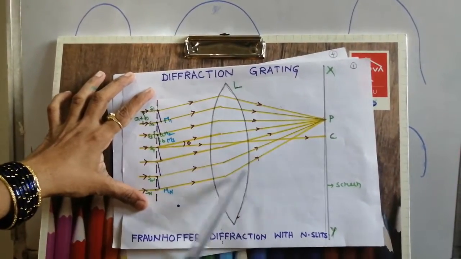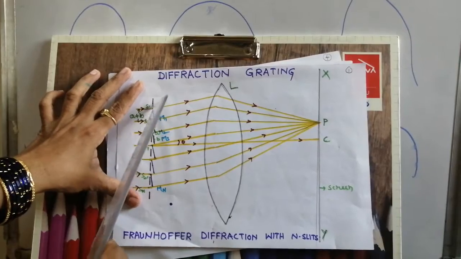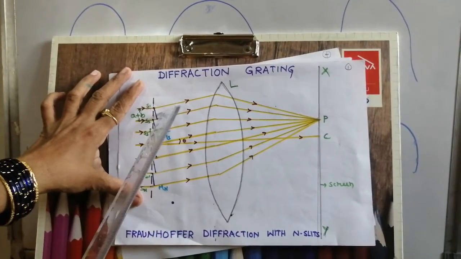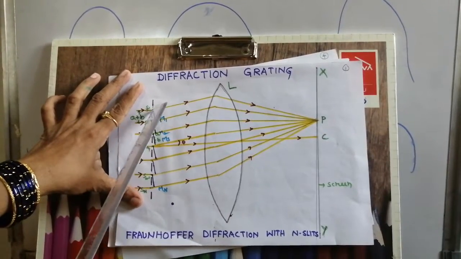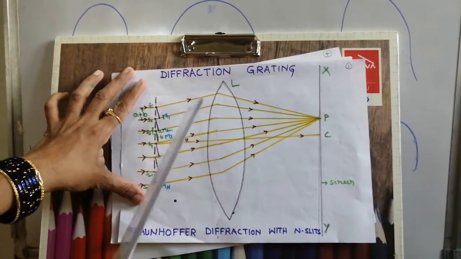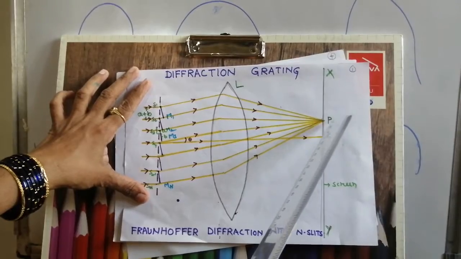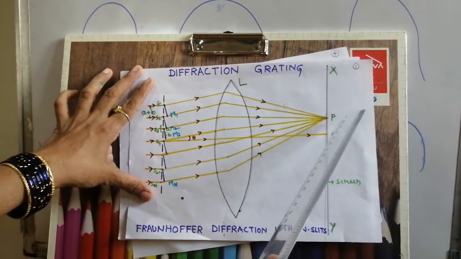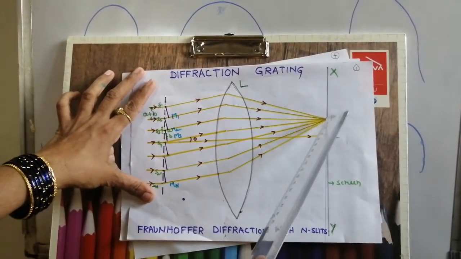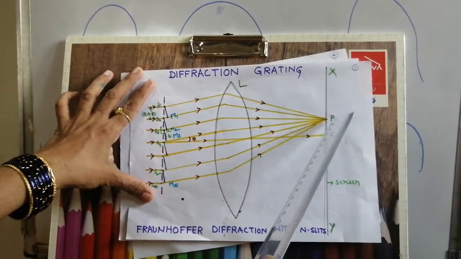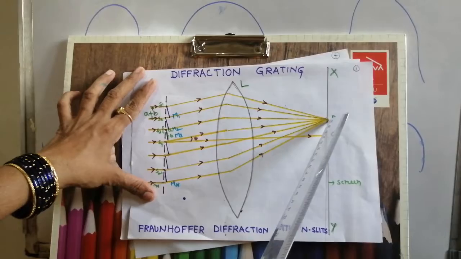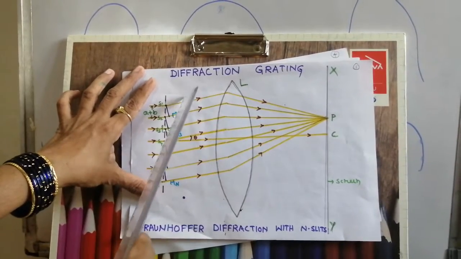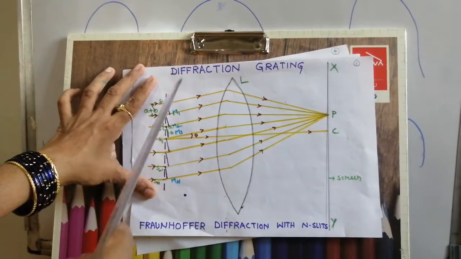In this N-slit experiment, there are N amplitudes, that means each ray is coming from each slit. So there are N amplitudes, and all these rays are converging at point P, that means they are meeting at point P. So we have to apply the superposition principle, that is nothing but interference. To get the resultant amplitude at point P, we have to add all these amplitudes from these slits.